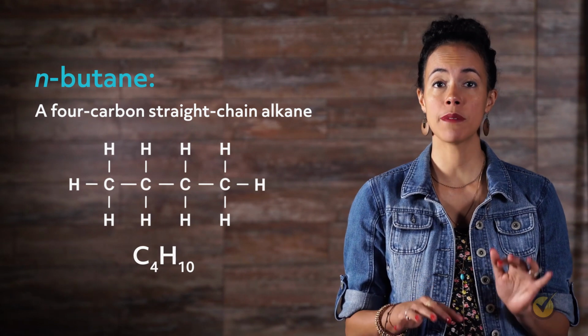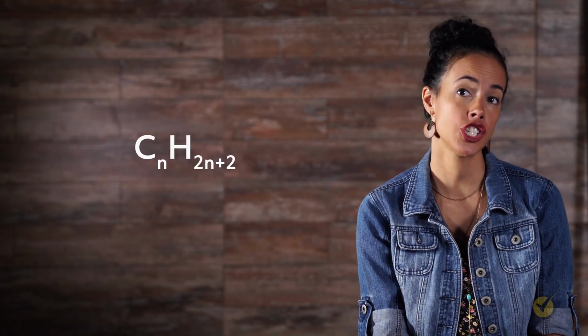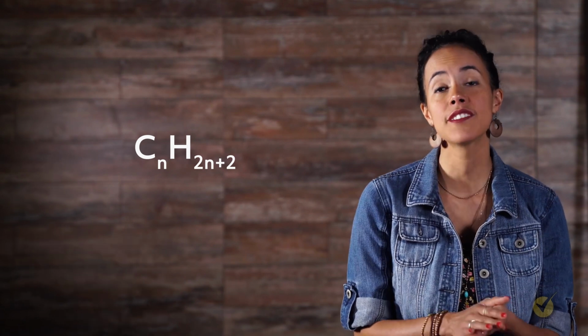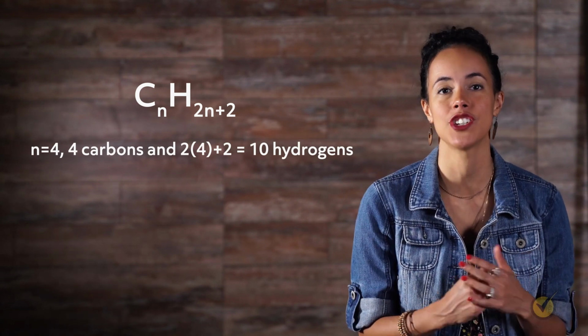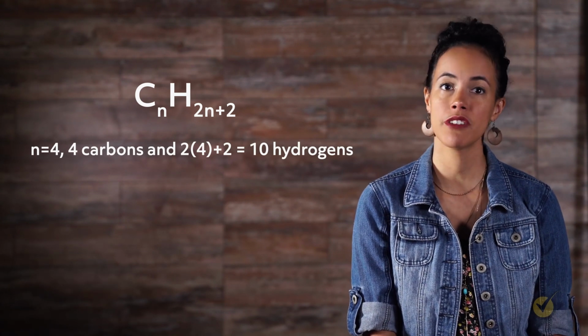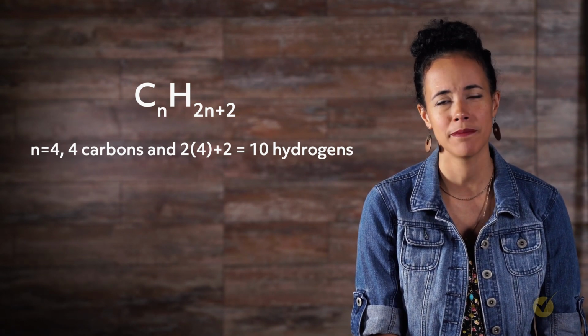All straight-chain and branched alkanes have the general chemical formula CnH2n+2. In the case of butane, n equals 4, so there are 4 carbons, and 2 times 4 plus 2 equals 10 hydrogens. While this depiction of butane is chemically informative, it's pretty cumbersome to write out every time, so chemists